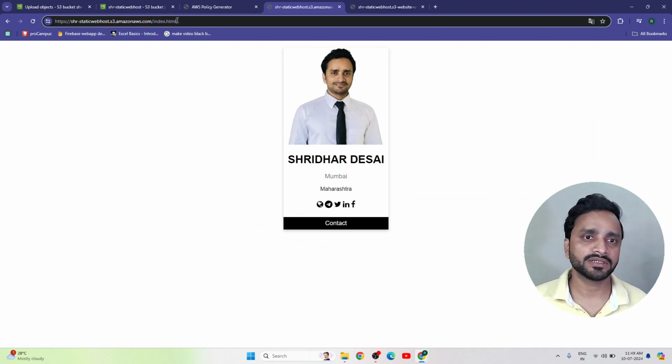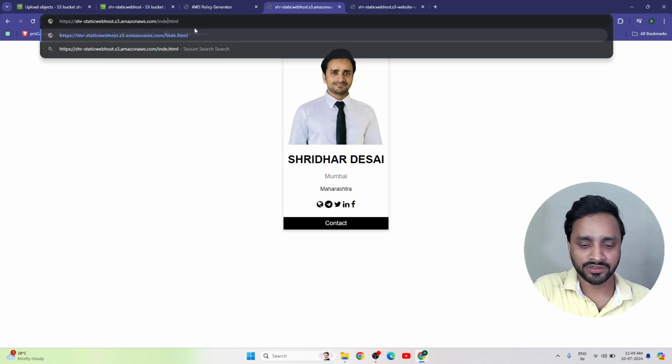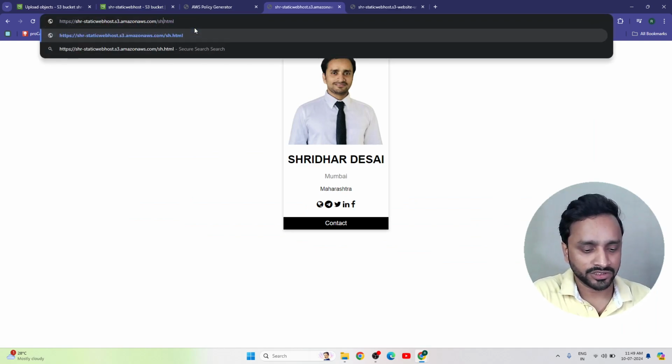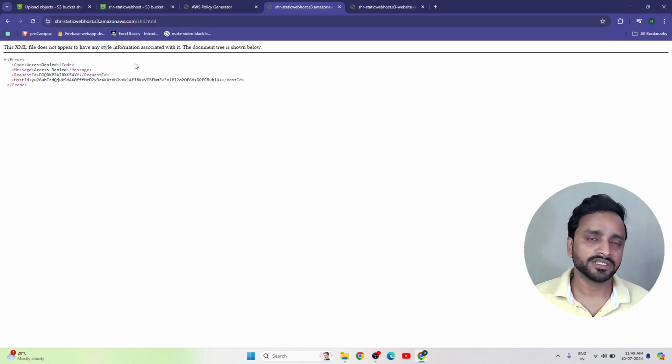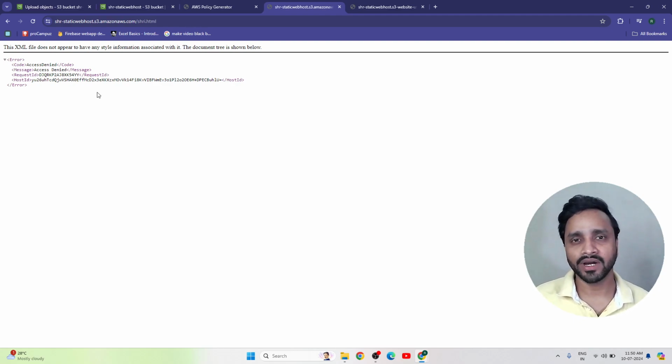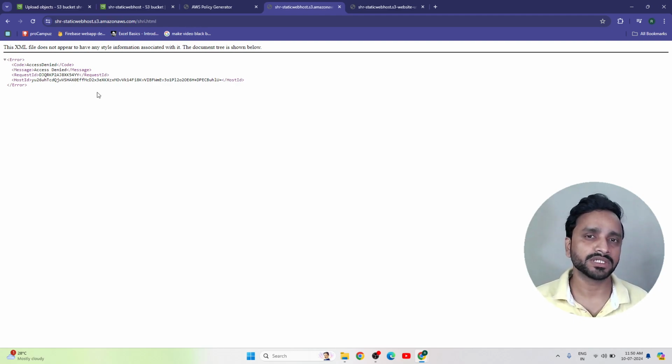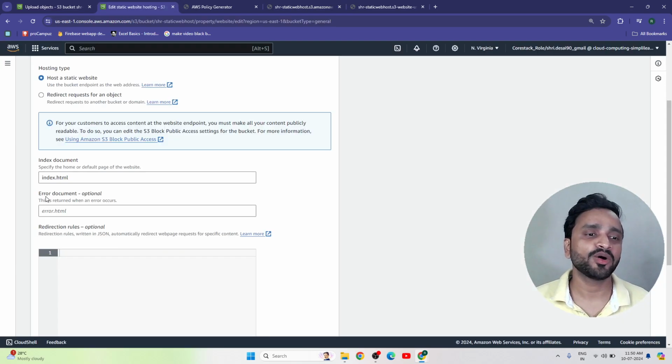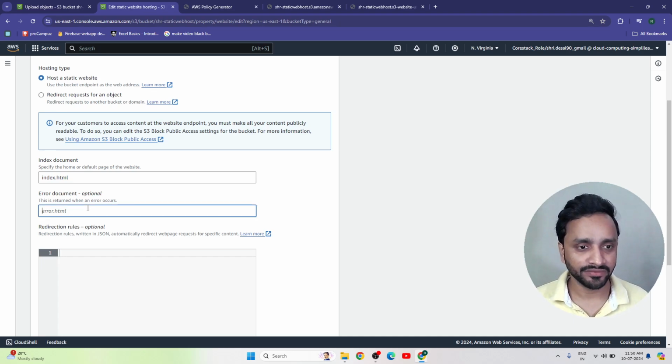Now consider someone is trying to search shri.html and enter. This one is showing an error like this, access denied, no such file available, not the type of web hosting we created, not that type of content available. Here we have the error document. This is written when an error occurs. Here we can give